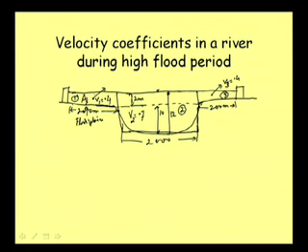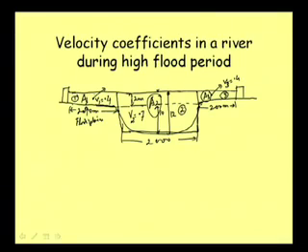A1 is the sectional area of this one. A2 is the sectional area of this portion, entire sectional area I am talking about, and A3 is the sectional area of this portion. Well, just like integration, now of course with approximating these areas and approximating the velocity,